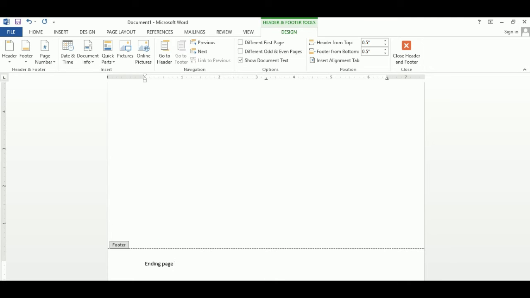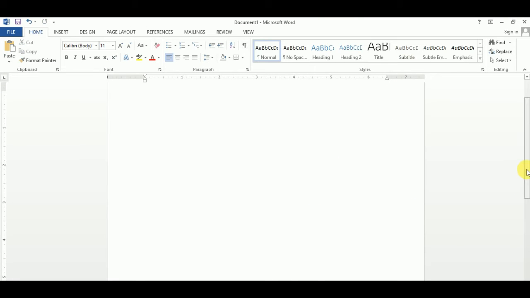Then close the header and footer option, or use the Escape key. You can see my footer name is ending page and my header name is classic, and you can also change it. You can modify the header and footer name.